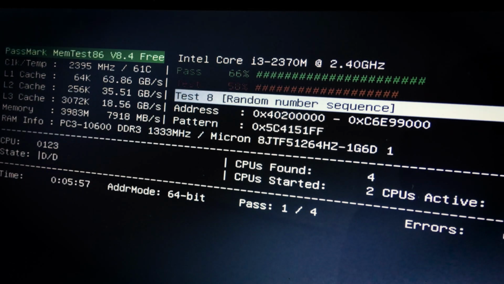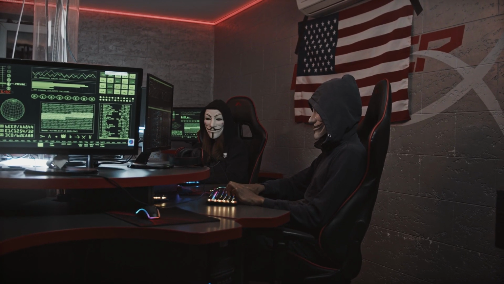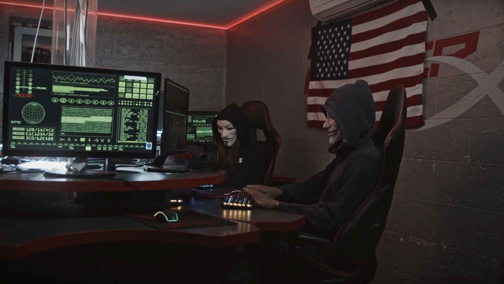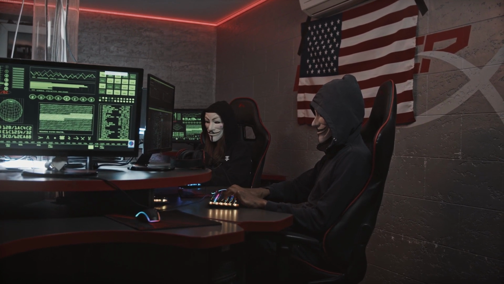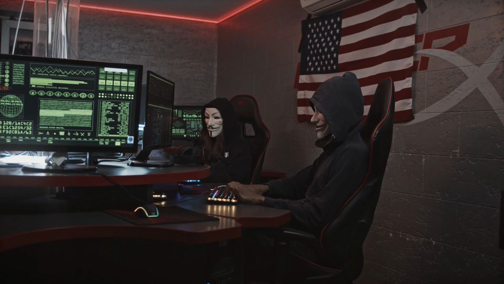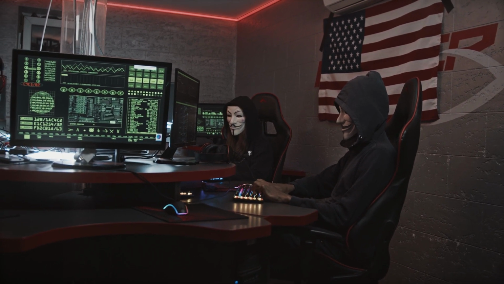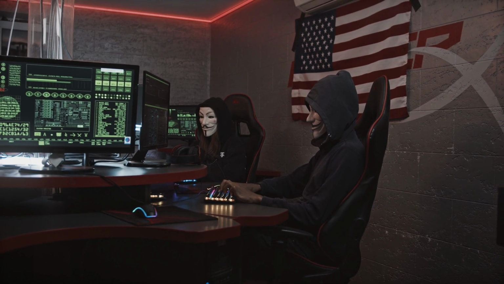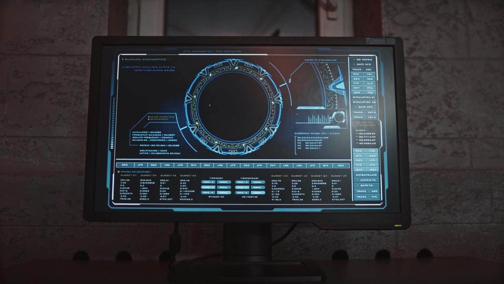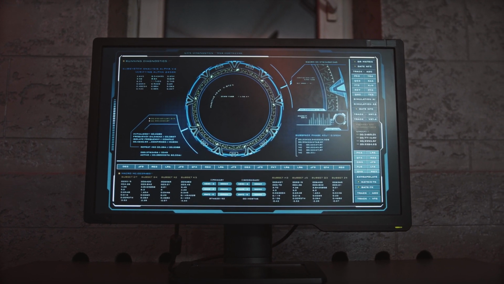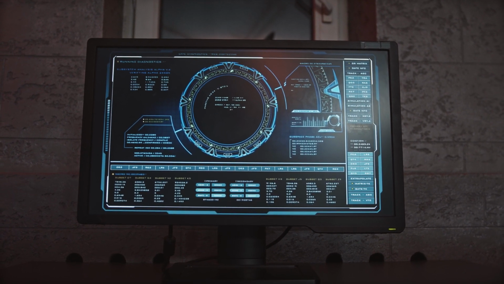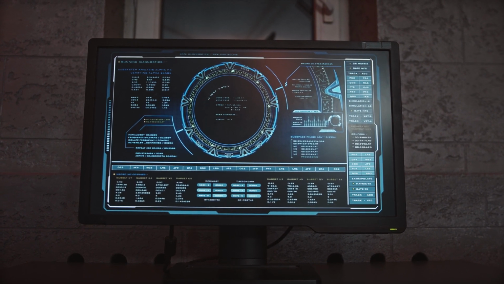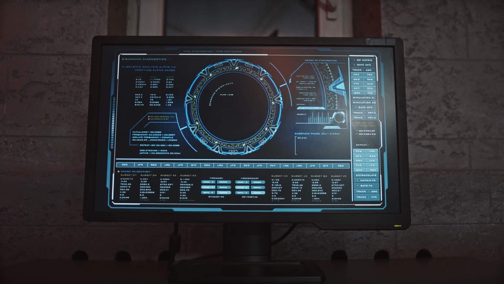Tip 4. Use a VPN to browse the internet. A VPN is a virtual private network that encrypts your internet traffic and hides your real IP address. This allows you to browse the internet more privately and securely. A VPN can protect you from a variety of online threats, such as espionage. Hackers or governments can monitor your internet traffic and collect information about the websites you visit, the messages you send, or the files you download.